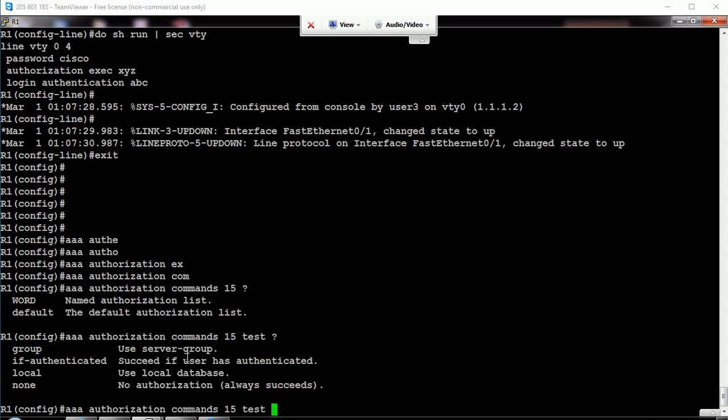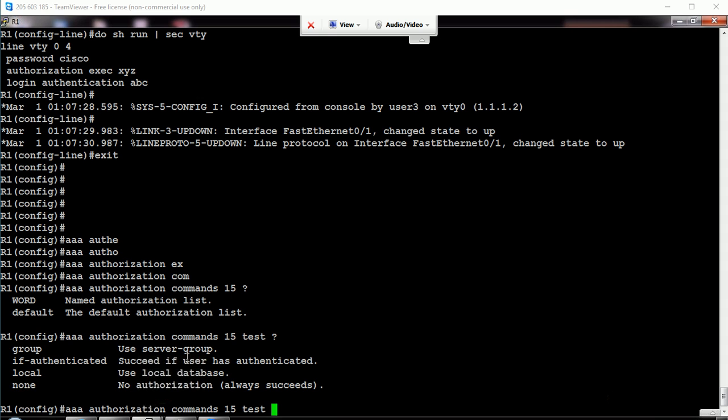The advantage of this method is that at privilege level 15, all the commands are understood by the router. Any command you type, the router will understand, but it will only confirm whether you are allowed to type it. Whereas if I give you privilege level 5 or 10, the router will not understand every command. First I need to go and add them in the parser database, then write another rule saying these commands are allowed and these are not.